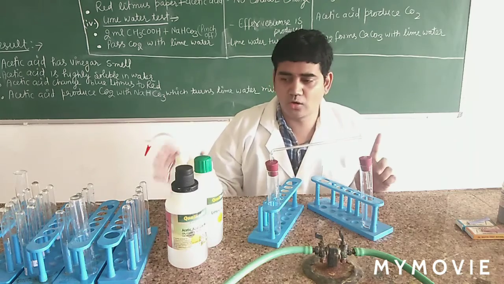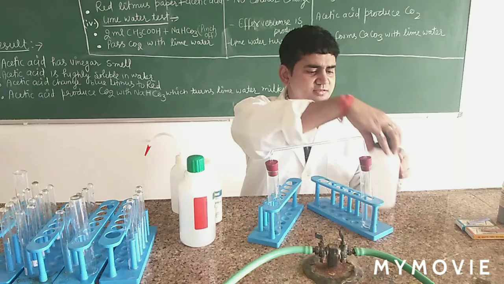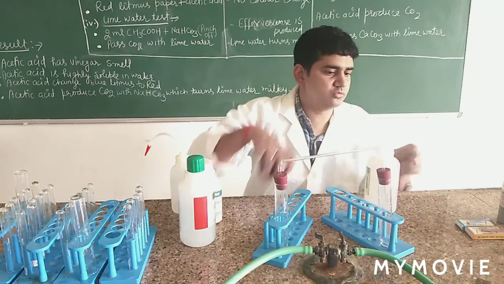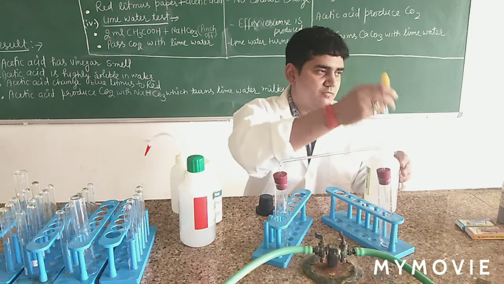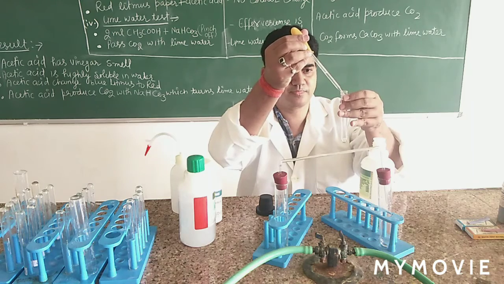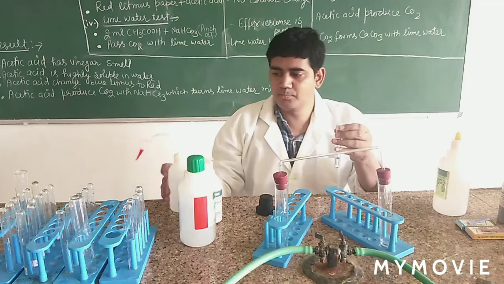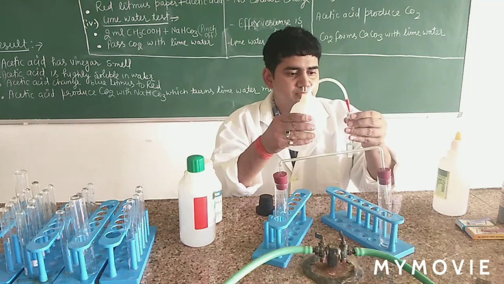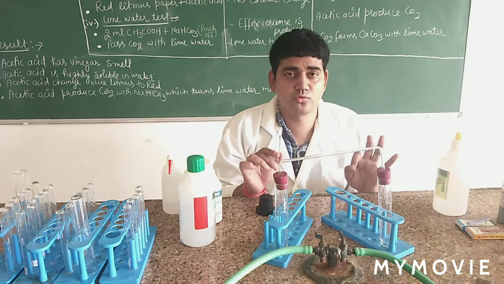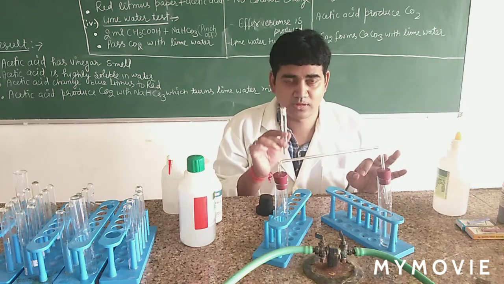So first we go with the odor. We take a test tube, and in this test tube we add acetic acid with the help of a dropper. We take around 20 ml of acetic acid in the dropper, and pour some pure water in it and smell it. Make sure you do not inhale too quickly because it is a highly pungent gas. It smells like vinegar. It is a vinegar smell.